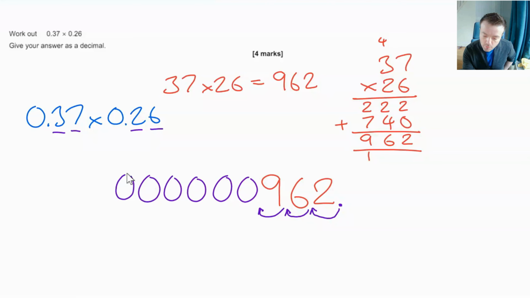Boom, boom, boom, boom, boom. There's a load of zeros. And then we move it there. And we're going to move the decimal point to there. Now, we normally, as a standard, put a 0 in front of the decimal place, but all these other zeros can just go away. So then our final answer, as mentioned, is